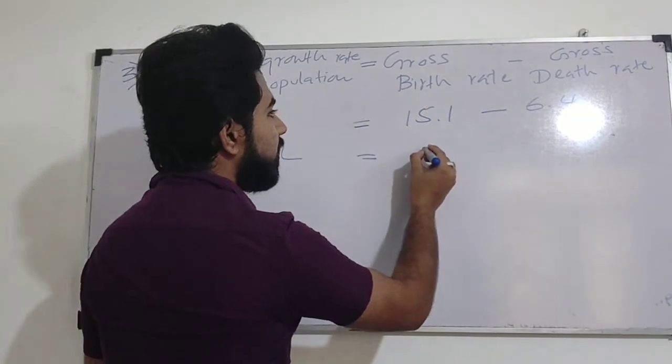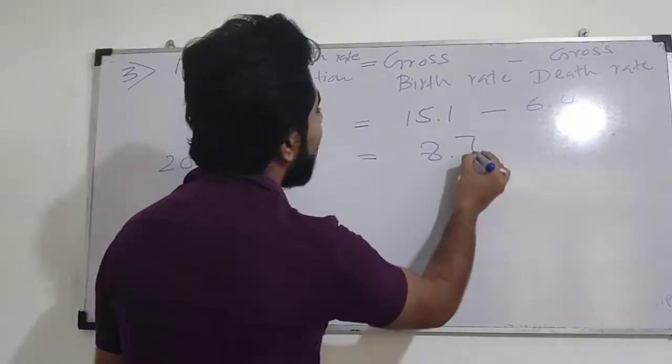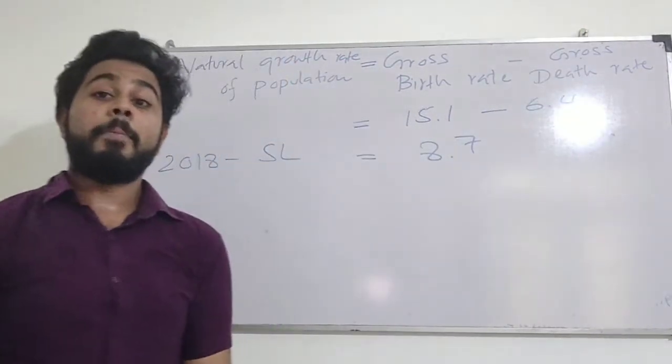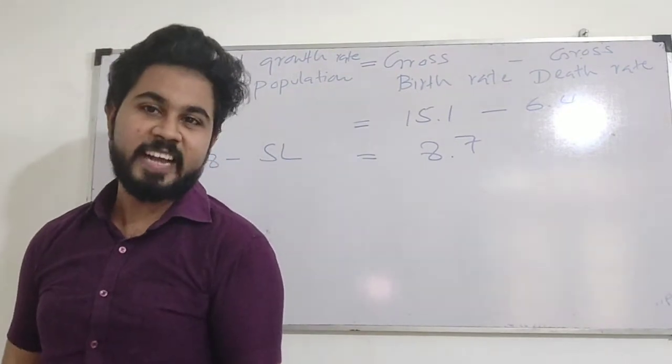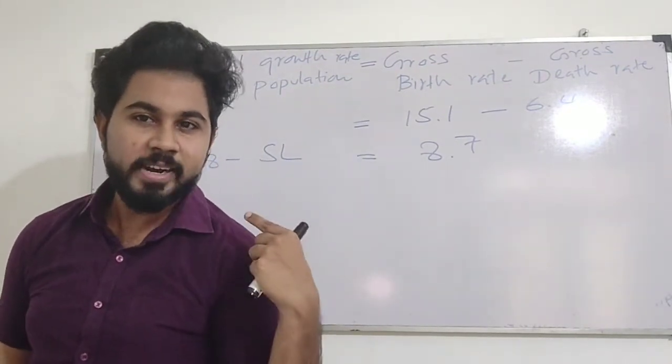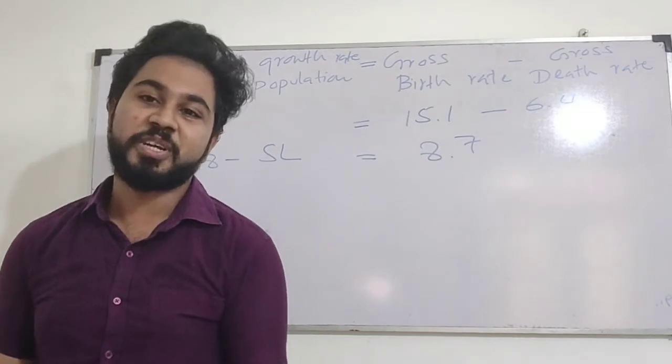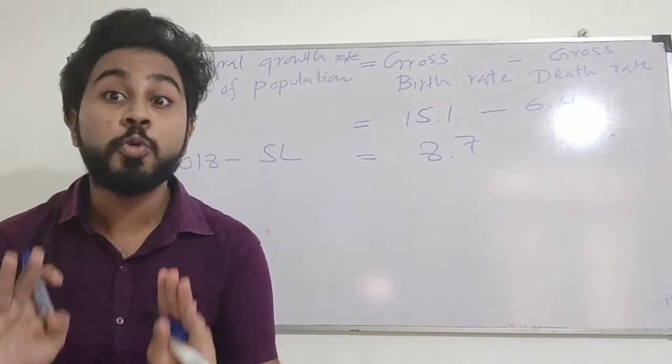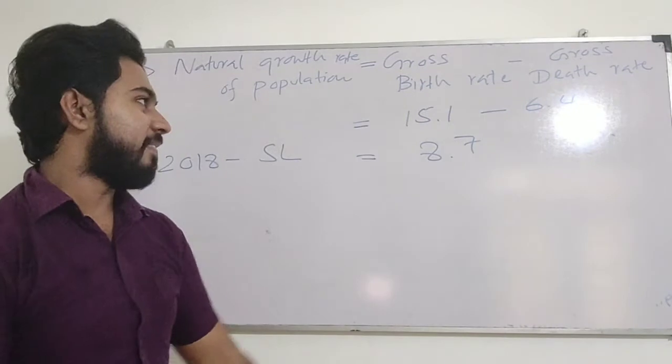15.1 minus 6.4, that is 8.7. That means for every 1,000 persons in the country, 8.7 growth of the population can be observed naturally. Right, that means